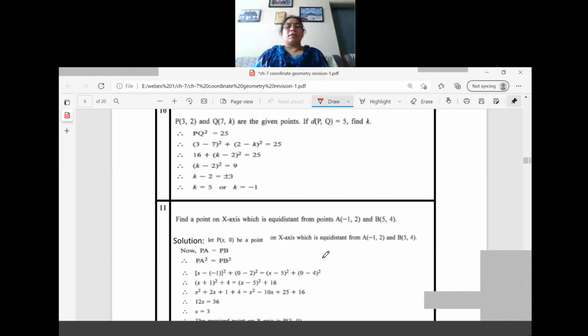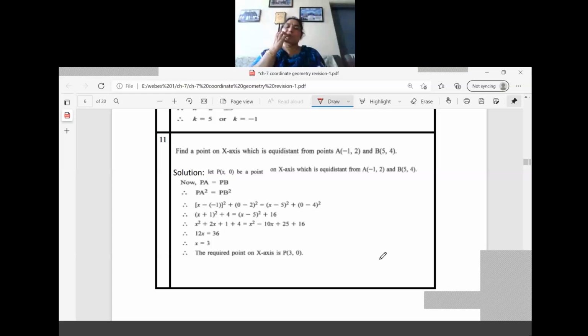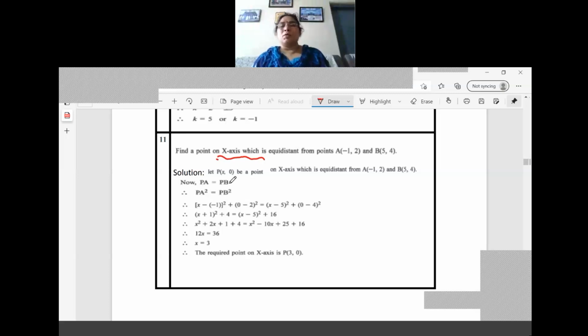Right? Next question. Find the point on the x-axis which is equidistant from the points A(-1, 2) and B(5, -4). So what is the change here? It became the x-axis now. Last time we have done three types also. This is the third pattern. First we took (x, y) as a coordinate, and there you get an equation in terms of x and y. Later we took 0 comma y, a point on the y-axis. Now the question is changed to a point on the x-axis, so (x, 0) only. Same rule, same steps. So PA equals PB. If you draw the line like this, then it will be easy for you to write all the terms.